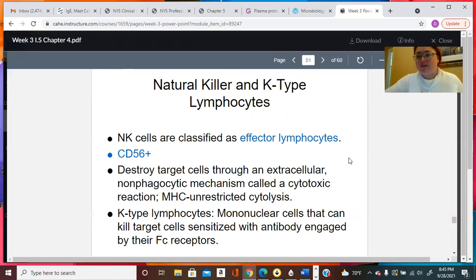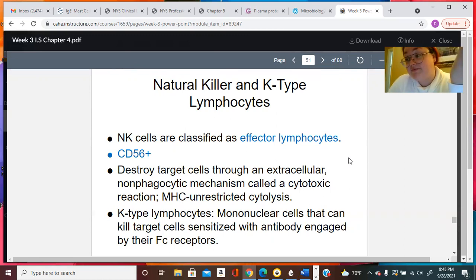It's going to release perforins and granzymes and caspases that are going to penetrate the infected cell, and it's going to lead to apoptosis and lysis of the cell. So it's the same sort of mechanism. It's just how they start is a little different. It's non-specific. So they're mononuclear, just like your other lymphocytes, and they kill target cells that have been